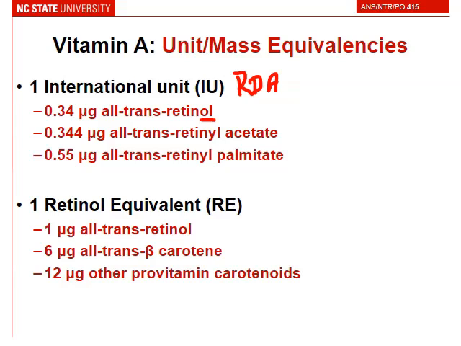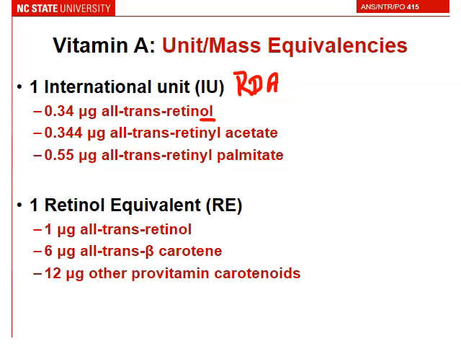So this is the most potent out of all the retinoids, and this is what we set our standard to. So we have 0.134 micrograms of all-trans retinol equals 1 international unit. Now, very rarely do we have retinol naturally within our diet. It's usually conjugated to some sort of fatty acid. So here, if we conjugate it to an acetate, which is a 2-carbon fatty acid, we're going to change the international unit to